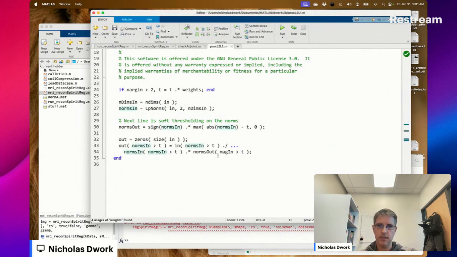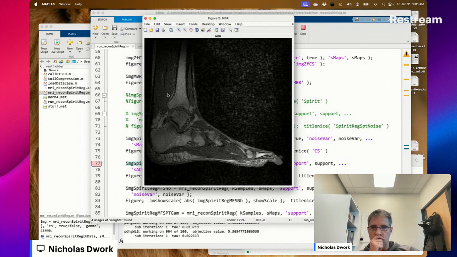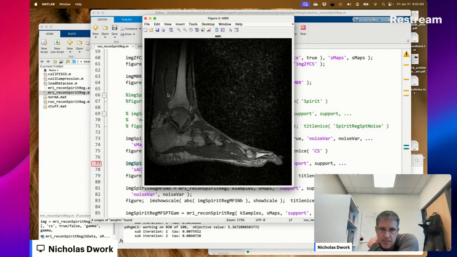Norms in, norms in. It's much slower. This group sparsity stuff, the way I've implemented it, is much slower. Oh, of course, you're taking wavelet transforms of images from multiple coils. Like the optimization variable is much, much larger.